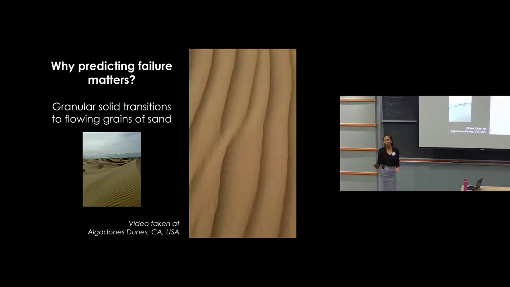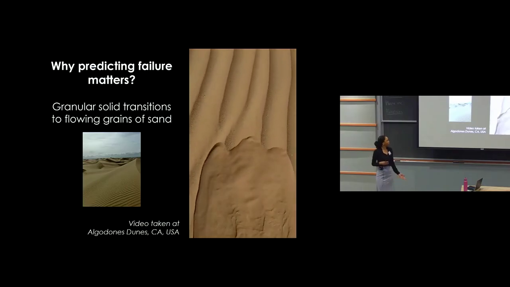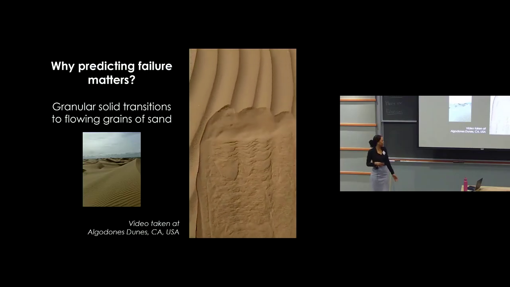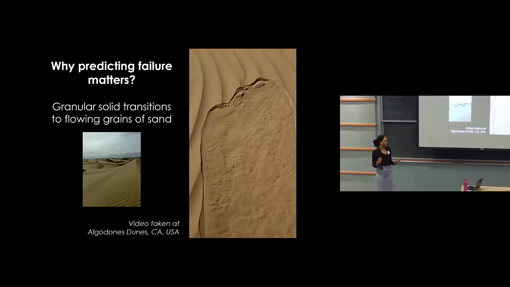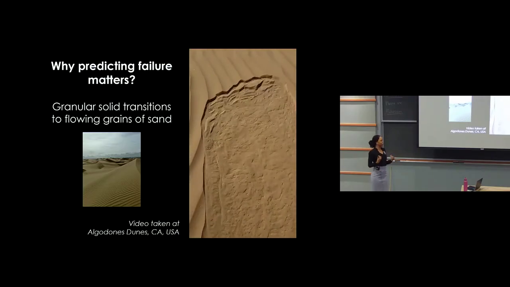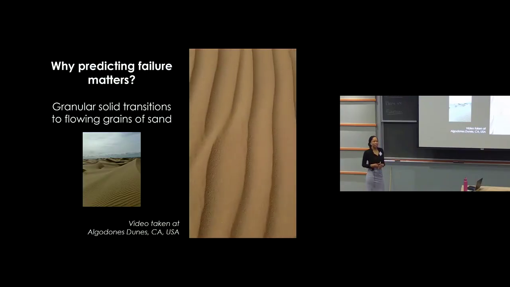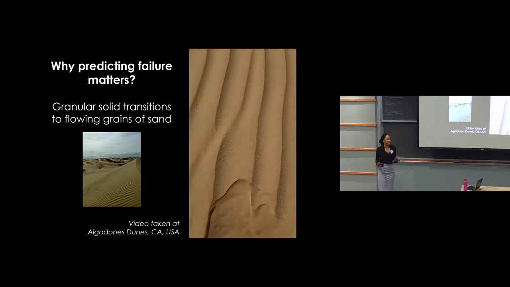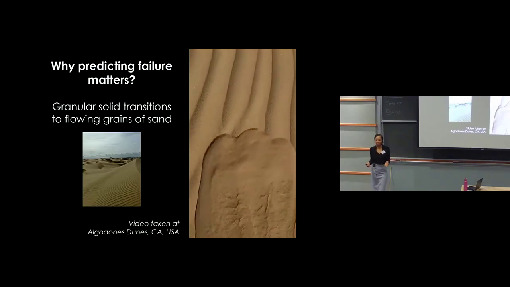So the video that I'm showing here is an example of this phenomenon in action. This is a video that I took while visiting the Agadones dunes several years ago. In it, with just the disturbance of shearing the sand with my hand, I was able to make the sand transition and start to flow like a liquid. So this is just one example that highlights how Earth's landscapes can exhibit this dual nature of granular media, readily shifting from behaving like a solid to flowing like a liquid.